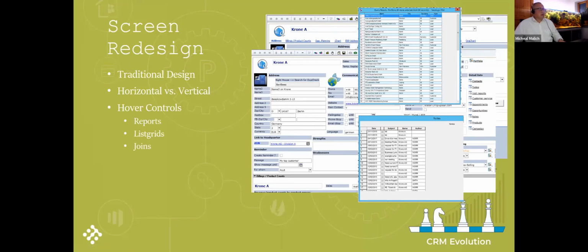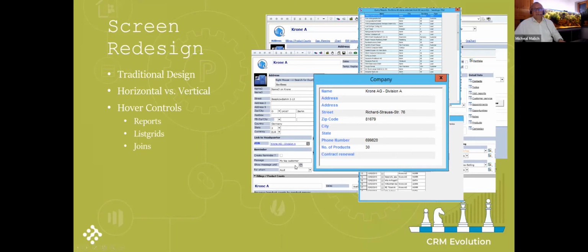And the next hover control we have is a join hover. We have an example here on the screenshot. So we linked the headquarter here. Crony AG Division A is the headquarter of Crony A. Let's say in the old world, we would have additional fields here to show information from the headquarter if we want to see it, or you have to click on the link to open the other record. Here with the hover control, you hover over it and a small box appears and shows directly the data from the headquarter. So again, very useful and saving space